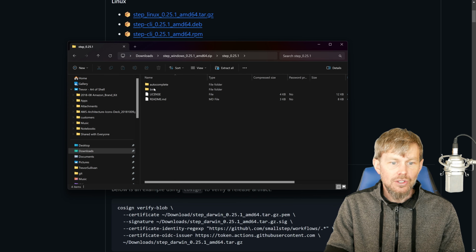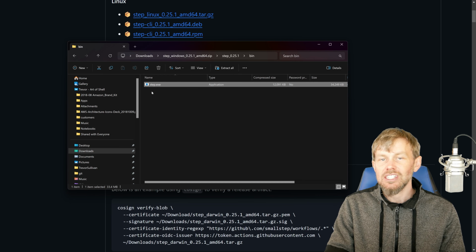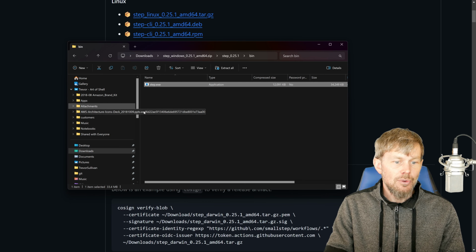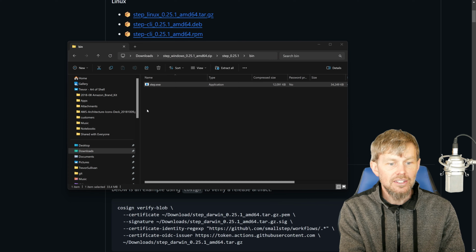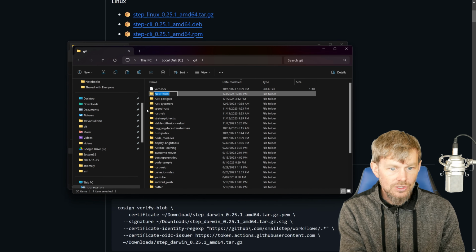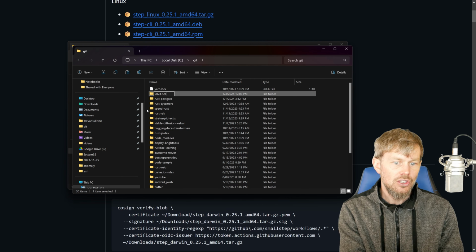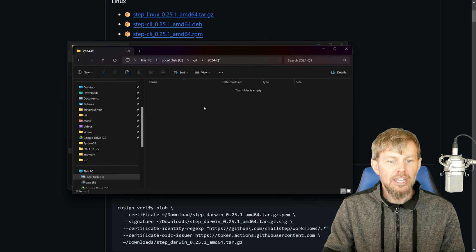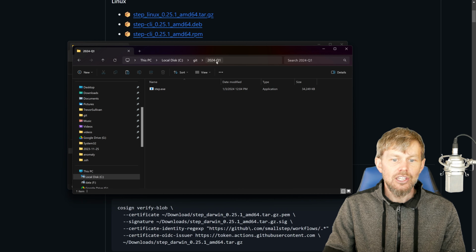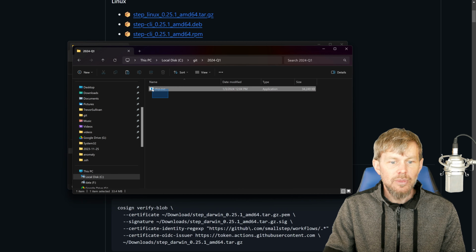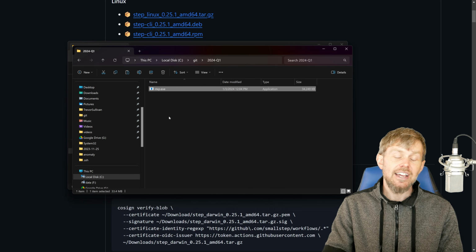Then we'll navigate into the subdirectory there. And as you can see, we just have this step.exe file here. So we can just move that into a temporary directory. I'm going to create a directory here called 2024-Q1, and I'm going to go ahead and paste that in there. So now I can go into this directory on my file system and kick off the step.exe